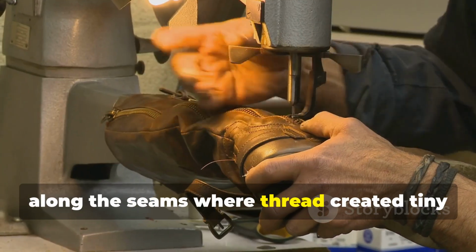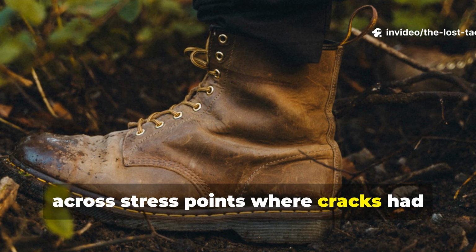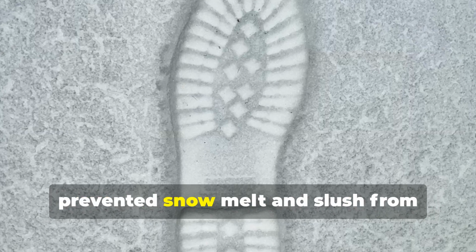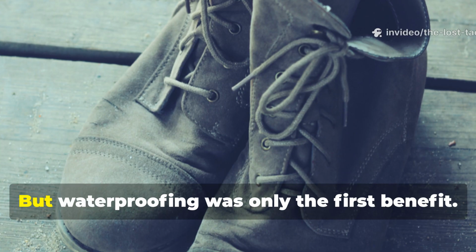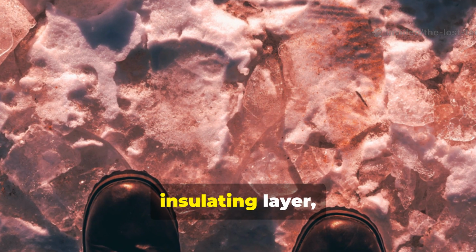Along the seams where thread created tiny channels for moisture, around the sole where leather met leather, across stress points where cracks had begun to form. As the resin cooled, it hardened into a waterproof seal that prevented snowmelt and slush from penetrating to the interior. But waterproofing was only the first benefit. The resin also created an additional insulating layer,